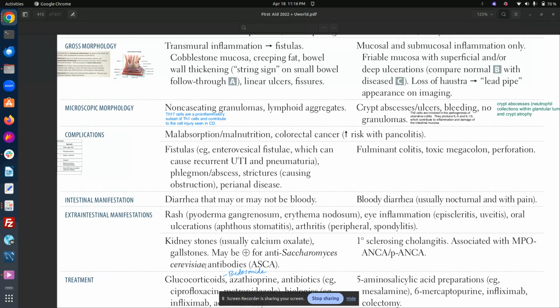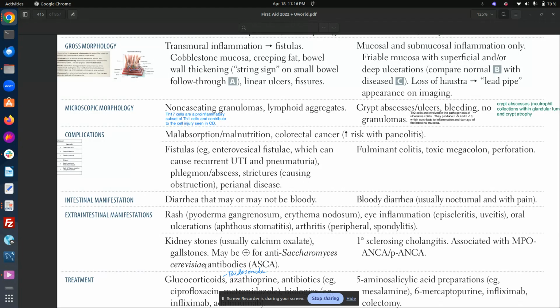The free calcium binds to lipids, and now the calcium is not available for oxalate. What is going to happen to the oxalate? Now the free oxalate gets absorbed through the GIT and enters into the urine and leads to the formation of calcium oxalate stones. Okay, this is the whole pathophysiology behind formation of calcium oxalate stones in Crohn's disease.